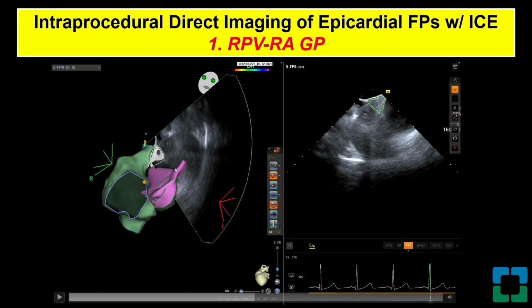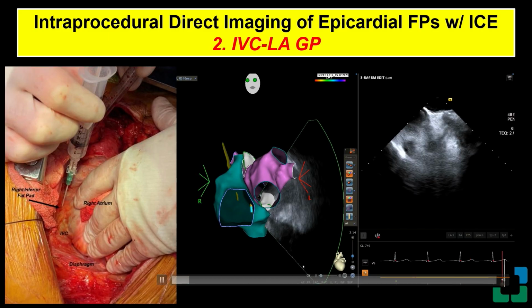But simply, this area, which is a very common area that is used for an anatomical approach, always is in between the SVC and the right superior pulmonary vein, and above here you see the right PA that you don't see in this case, but you can map in this little pericardial space here. The way this is done is very simple. The mapper freezes the ICE picture and it starts reconstructing this area, which gets automatically imported in your map.